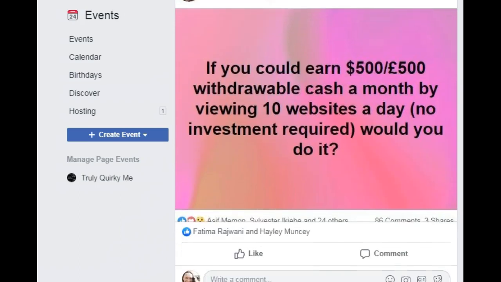And I just want to highlight the fact that, if you can see it there, I got 86 comments on this post, and I got lots of likes and reactions and stuff. So there's 1, 2, and then 24. So that's 26 reactions. So that's in the region of 100 people actually responding to that single post that I placed onto Facebook. And that's what you want to be working towards.